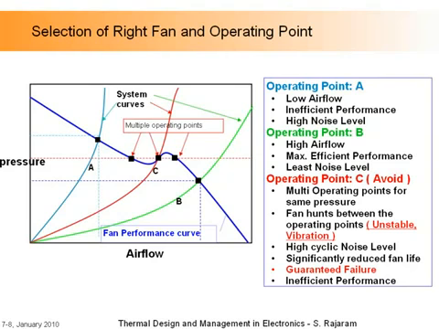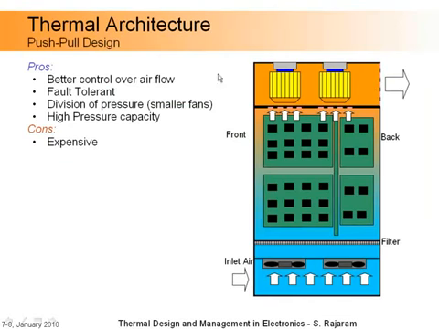Okay. So these are some parameters. I want to give you an idea of the kinds of things that we deal with when we look at thermal design of electronic equipment. We've got different architectures. We define something that we call a pull and a push, where you've got fans pushing air and these fans pulling air out. These are 2 different designs. Or we have just a push architecture where we push air only to an outlet, or we have a pull architecture only where these fans are missing. So these are different combinations of CAD analysis we do, CFD analysis to determine what the optimum design should be.